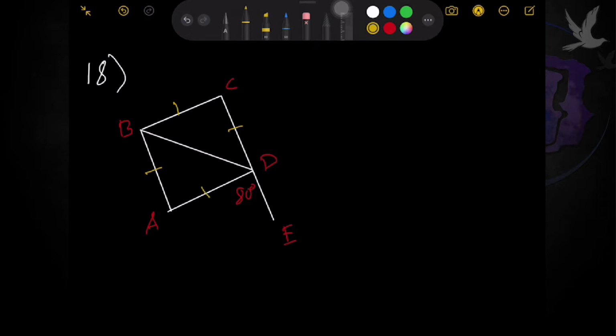Kasi nga, rhombus siya eh. It's like a square, but not having the 90 degrees angle nga. Okay. So, which means that this ABD is also an isosceles triangle. So, doing so, ang ibig sabihin dito ngayon is that these two angles are of the same measurement. Parehas silang dalawa. And if you notice, no, this straight line ngayon,